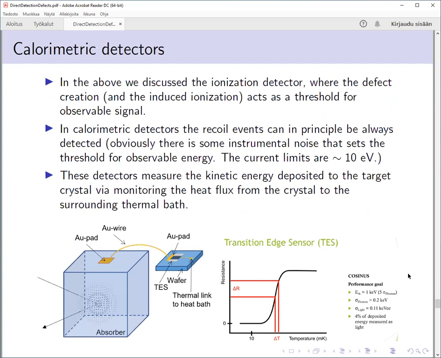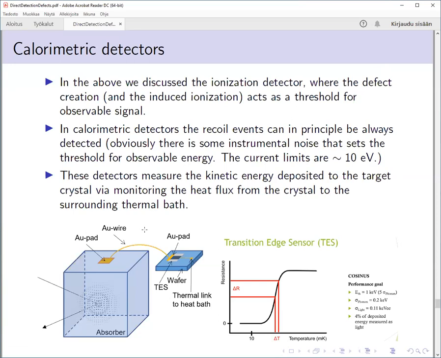So my last topic is now discussing a different type of experiment. The previous modulation was due to the fact that we assume that you either see the signal or not, depending on whether you create the electron-hole pair, which we assume is correlated with this defect creation process in the crystal. Now, there are also experiments that don't apply any voltage over the crystal, but instead just try to monitor the heat deposited to the crystal, for example via this kind of setup where you have